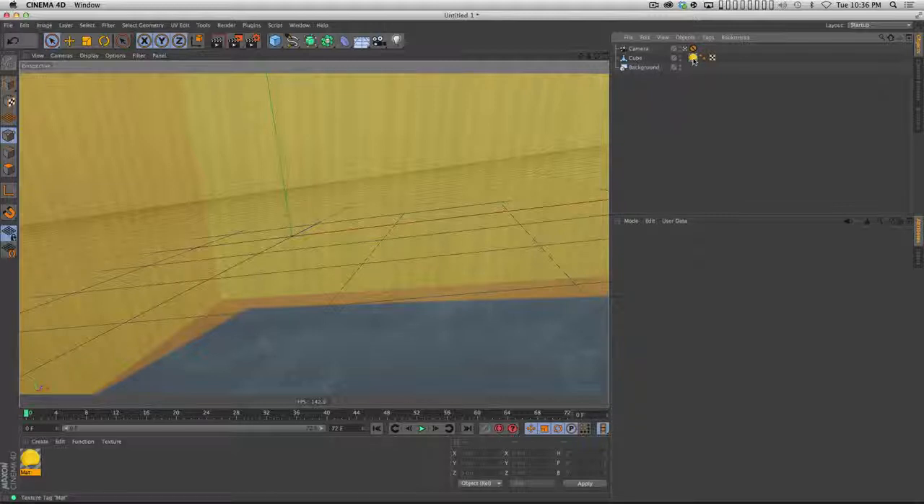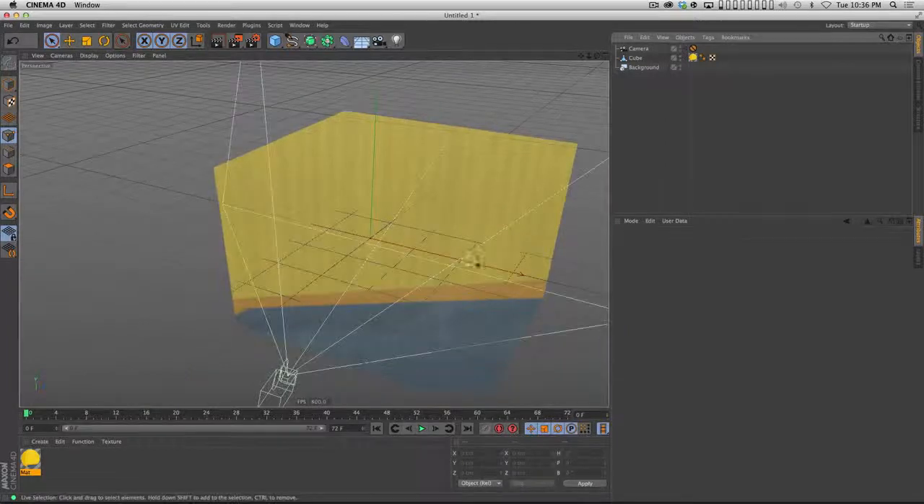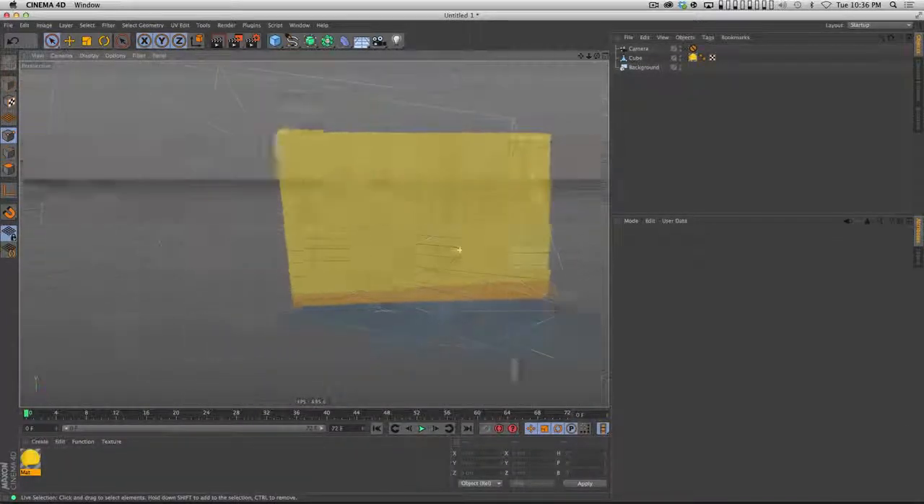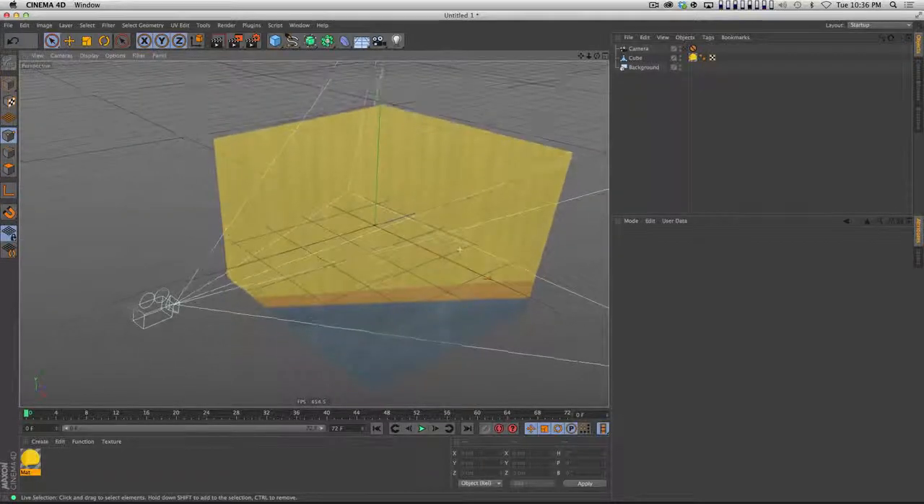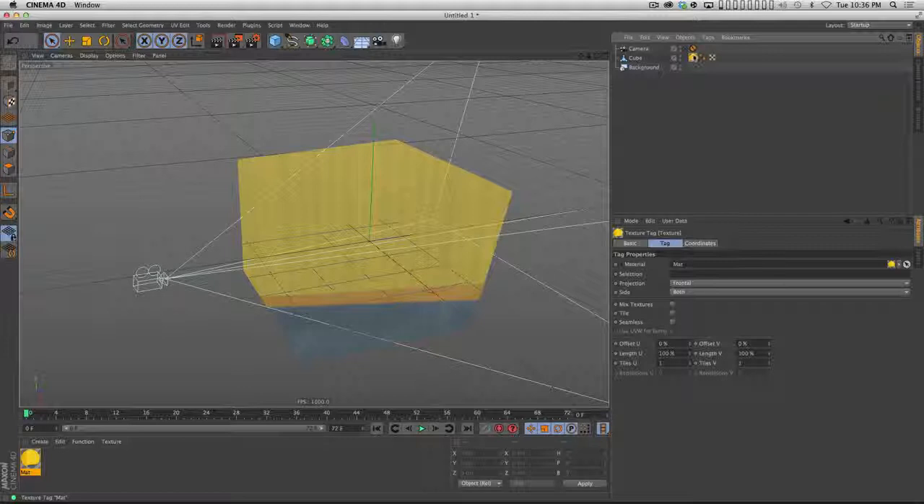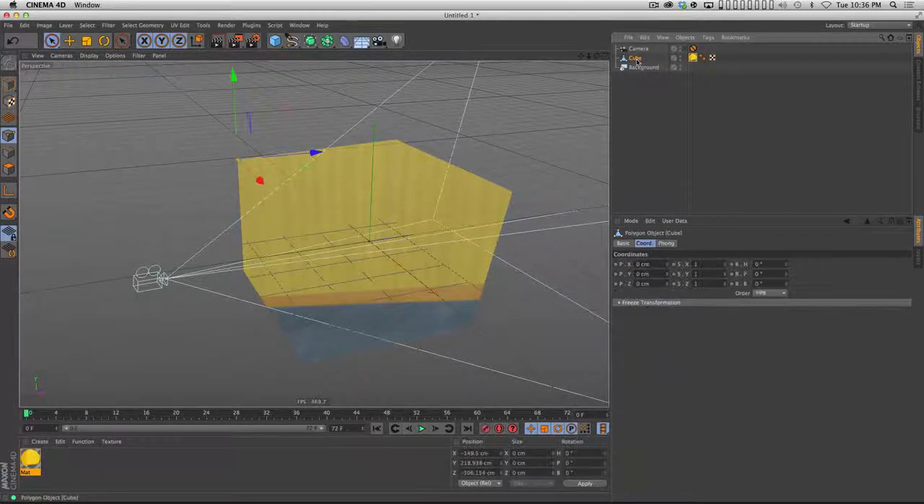And then the next thing you want to do, right? So right now, if I don't look through my camera and I just move around like this, you can see it doesn't look right. The reason for that is because we have to tell this texture tag, the way I want you to put this material on this cube is by projecting it through this camera right here. So what I'm going to do is select that